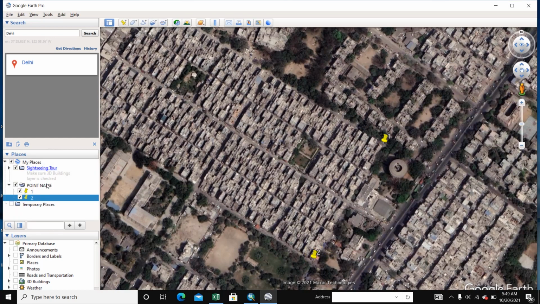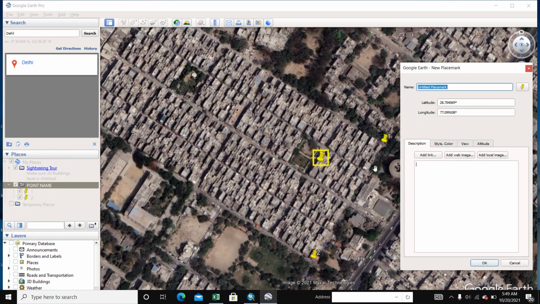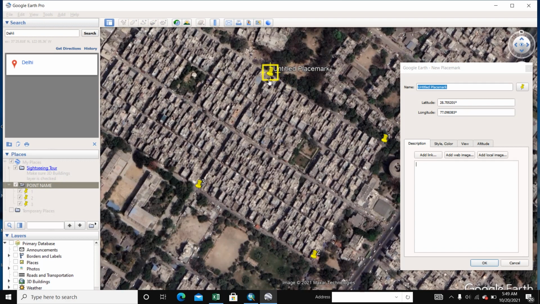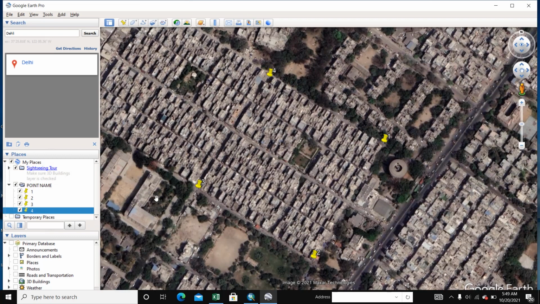OK. And third, fourth. If you want many, you take the same position, same process, and take many points and OK.